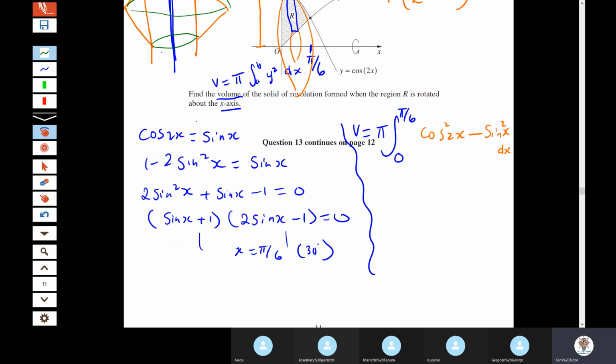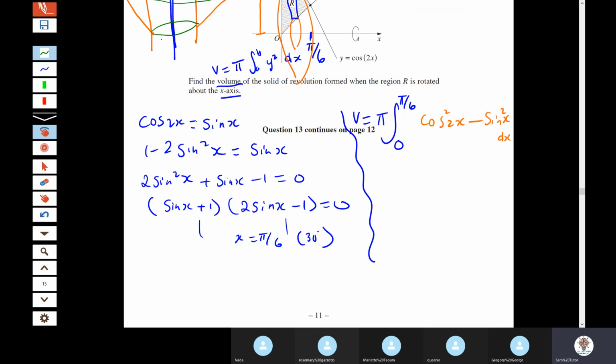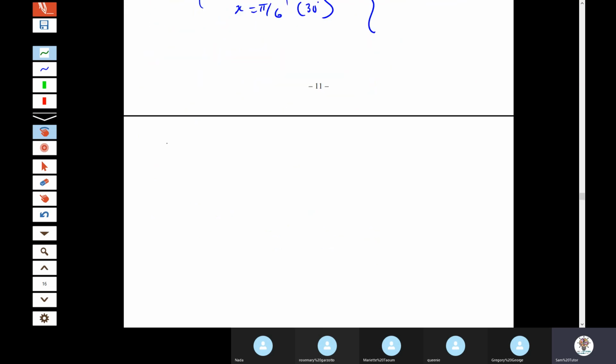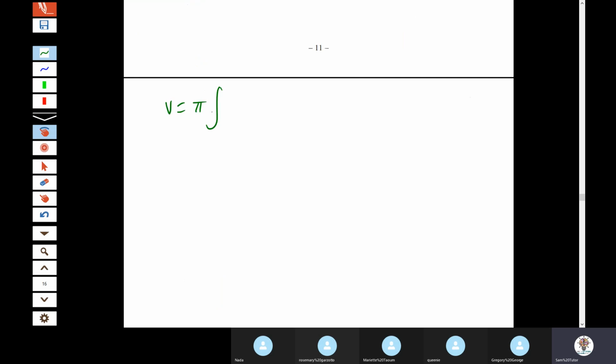Anyways, we'll continue. How do we integrate sine squared and cos squared? Double angles, remember that? That's something you're not going to forget. So I'm just going to bring it down here. V equals pi, from where to where? 0 to pi on 6. Cos squared 2x minus,